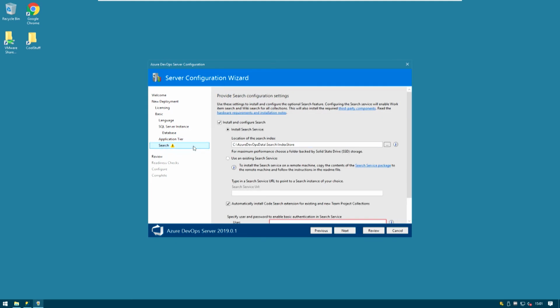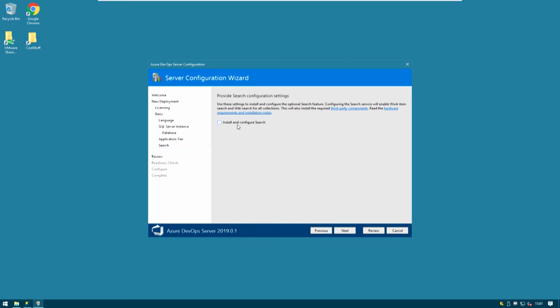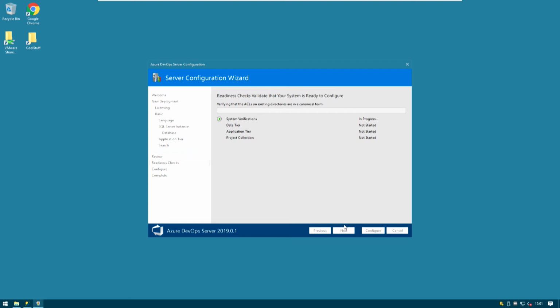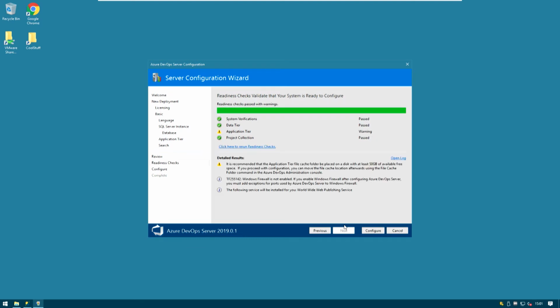Last but not least, search. You do not have to install the search. So just untick it, hit next, and you can hit next again. There will be some system verifications first. The only recommendation that pops here is that we should have at least 50 gigabytes. We have a little bit less, but it's not going to be a problem, so we can just go ahead